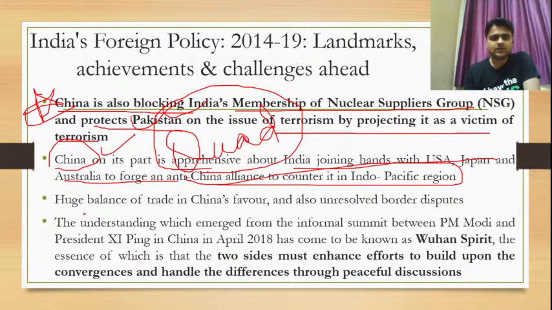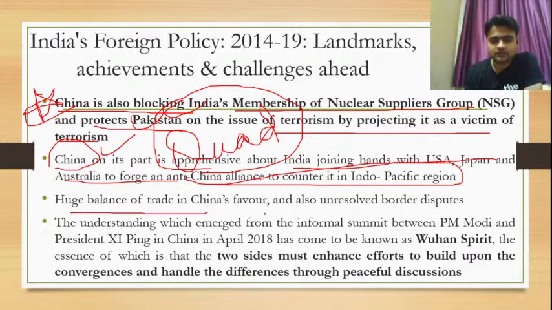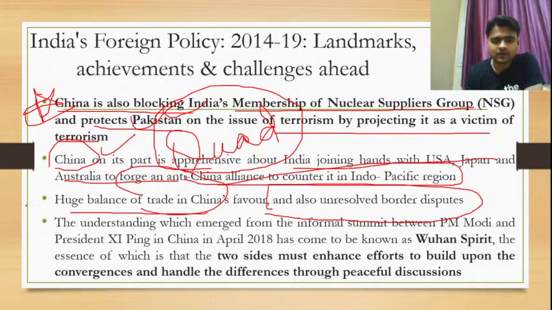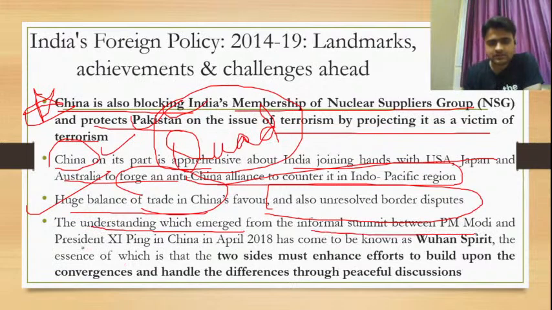Okay. Then there is a huge balance of trade in China's favor and also an unresolved border dispute. Both these issues we are aware of, we have discussed. Fine. Then the understanding which emerged from the informal summit between PM Modi and President Xi Jinping in China in April 2018, which has come to be known as Wuhan Spirit,